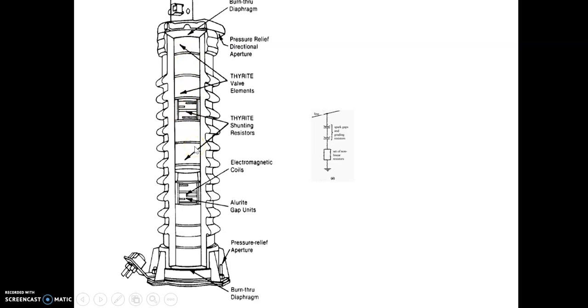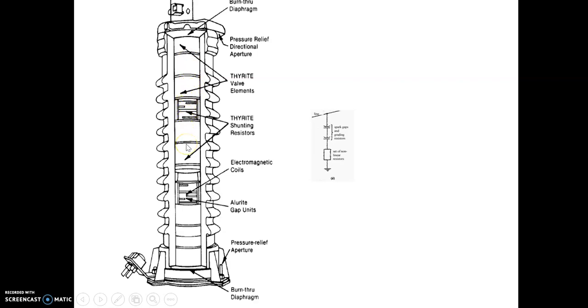it will not damage the lightning arrestor. Somebody in the comments of earlier videos has asked whether, when the lightning arrestor operates, it will degrade and whether you have to replace it. No, not in every operation, but day by day, due to aging, it may degrade and you have to replace that lightning arrestor, but not in every operation like changing a fuse wire. But what happens when the lightning arrestor operates is that the gap also produces a high arc, and extinguishing the arc is also a problem.